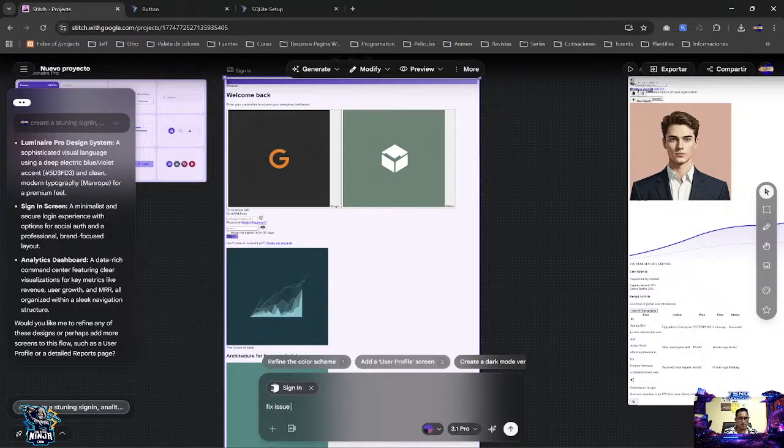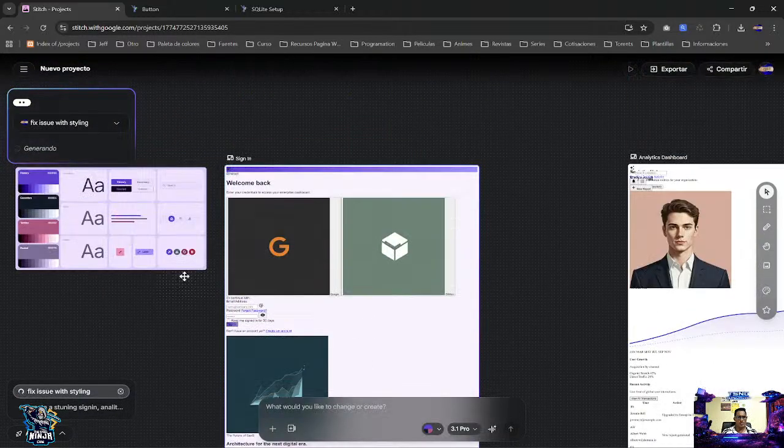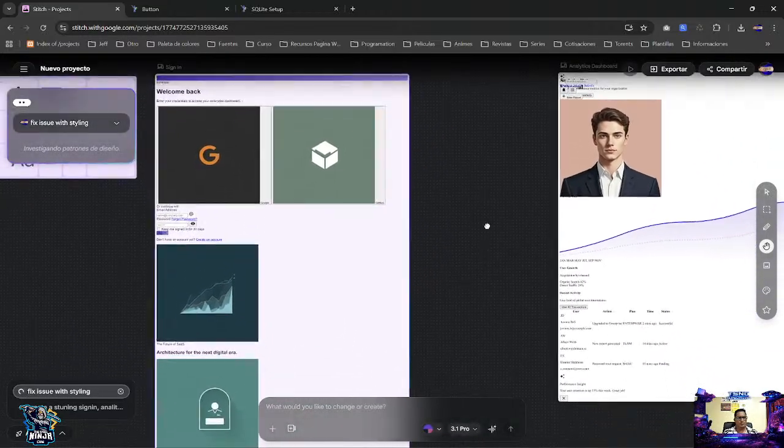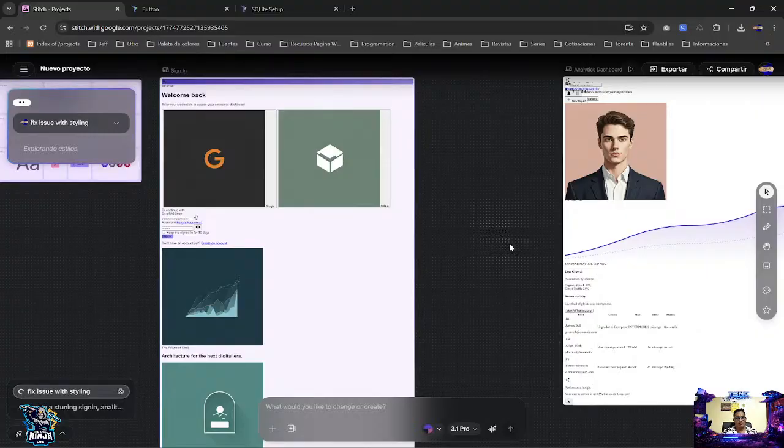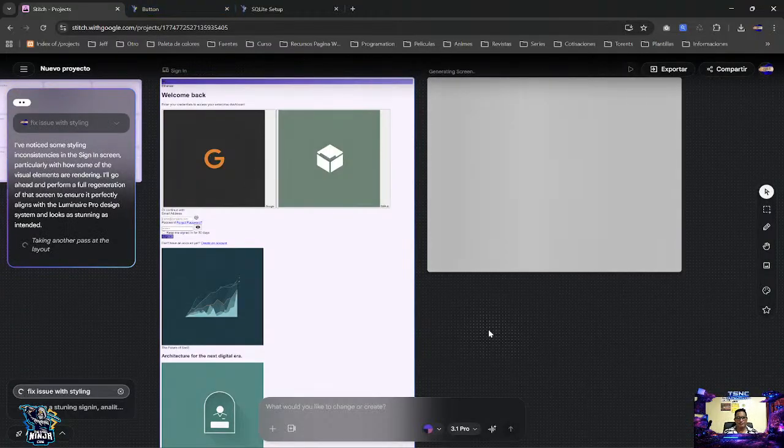Issue. Issue. Maybe with this styling. I think I was so confident that Stitch was going to come with a good design idea. But anyway,